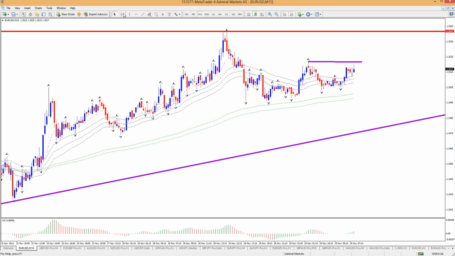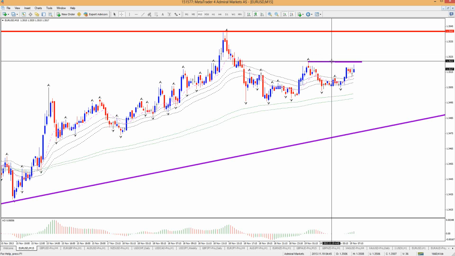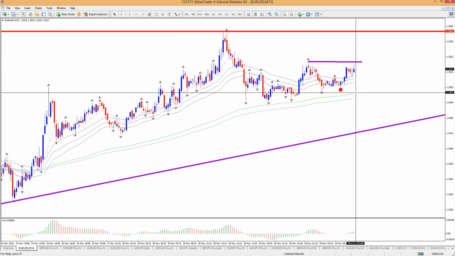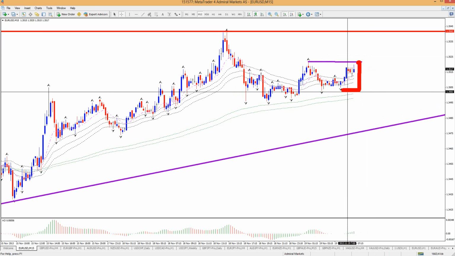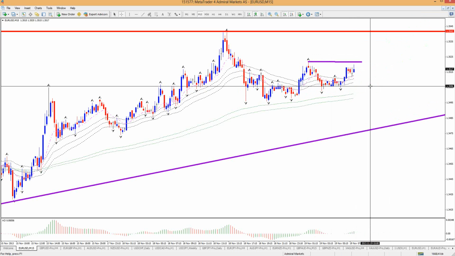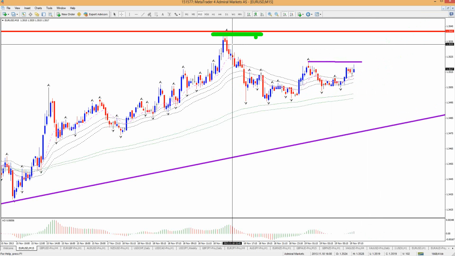Like this, which is about 135.22. Once we break above with a small stop, maybe a stop loss below here, 135, it's only 22 pips. It's possible. Technically it could be a breakout with a small risk and try to catch a position for a break above 135.50. That is a potential setup, but to me, I'm not too excited about it because of that bigger resistance on the 4-hour chart and this top so close by. So I'm not going to take that